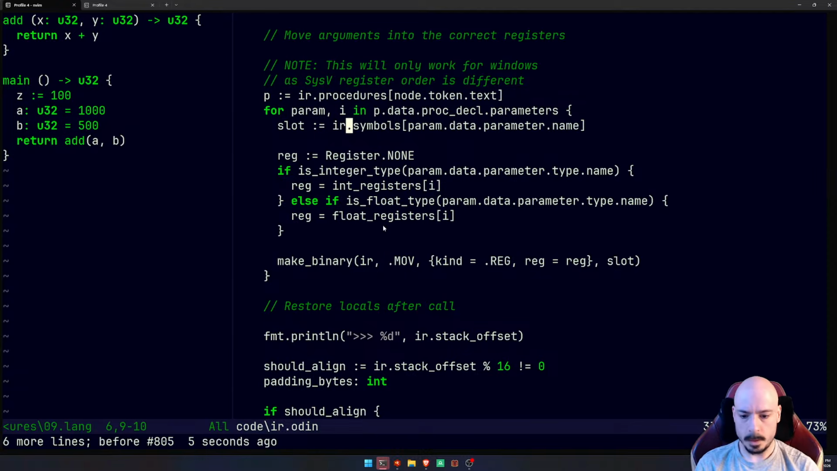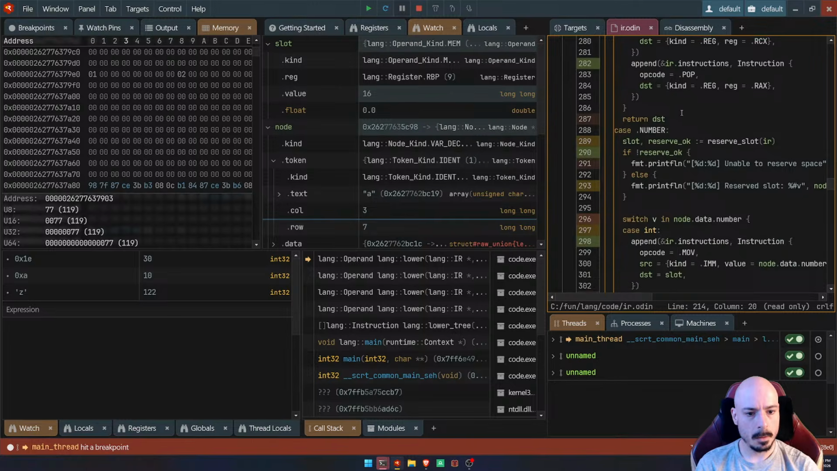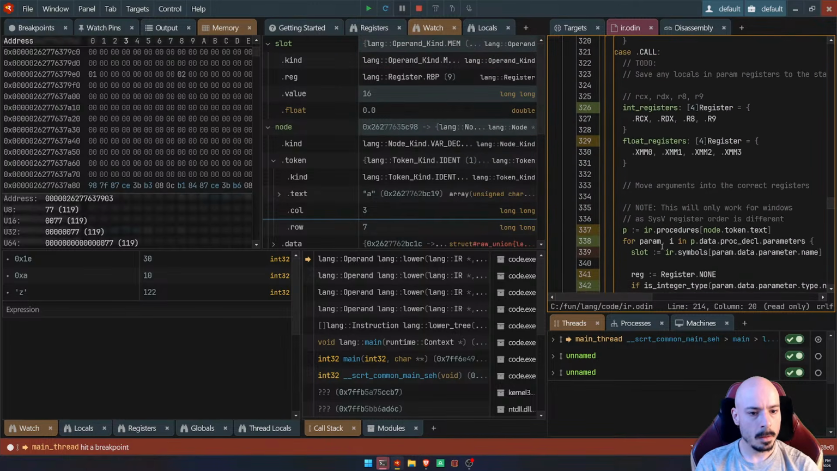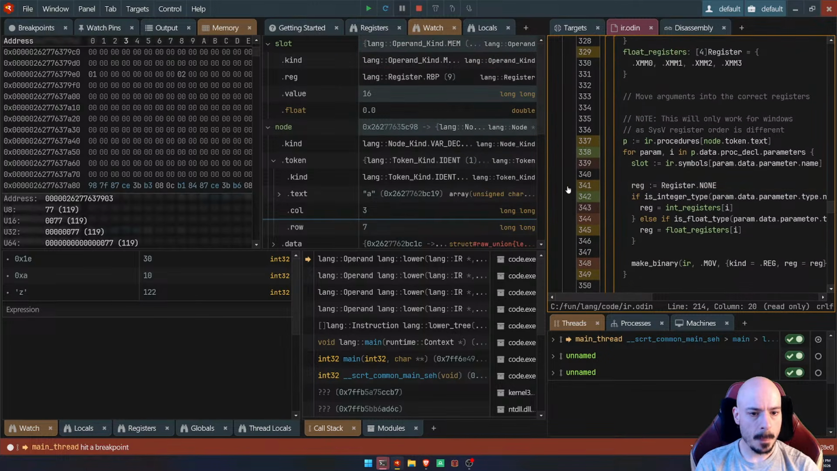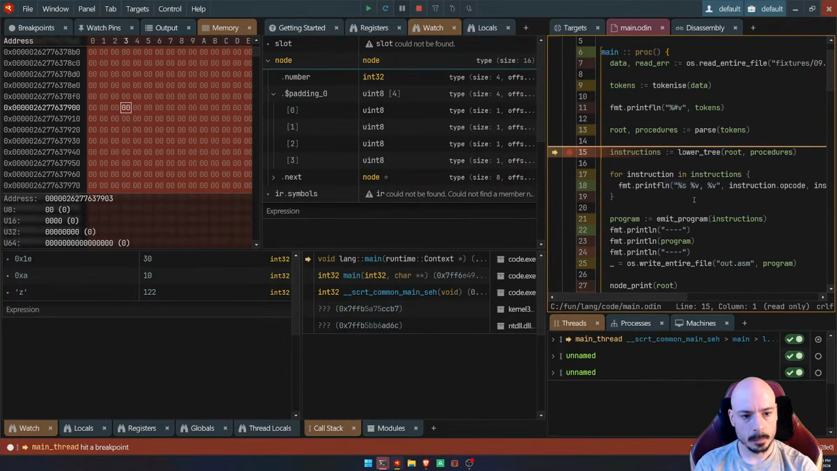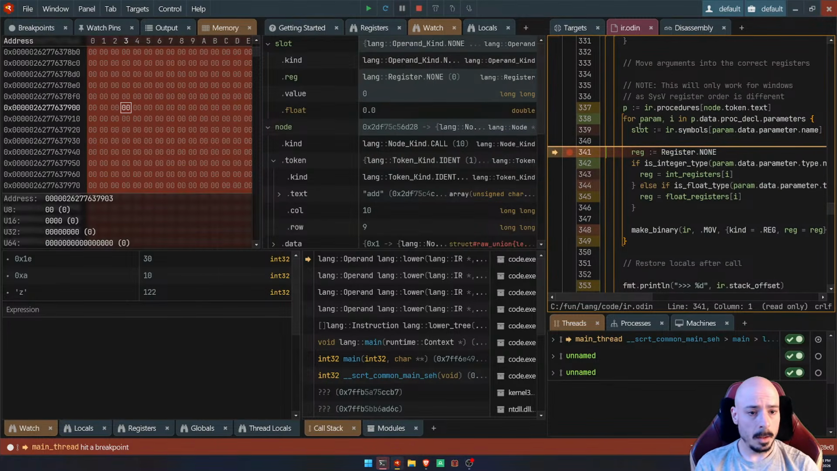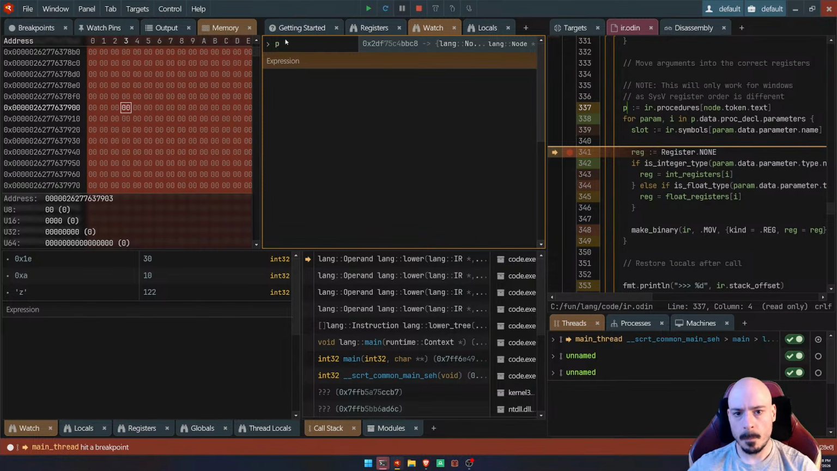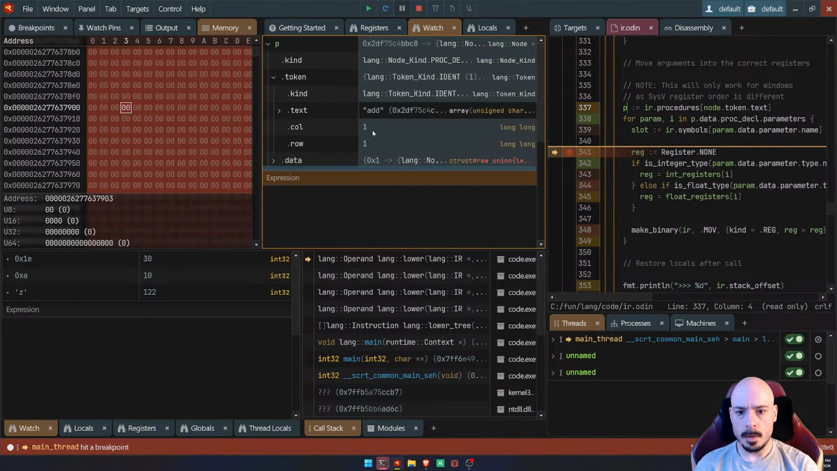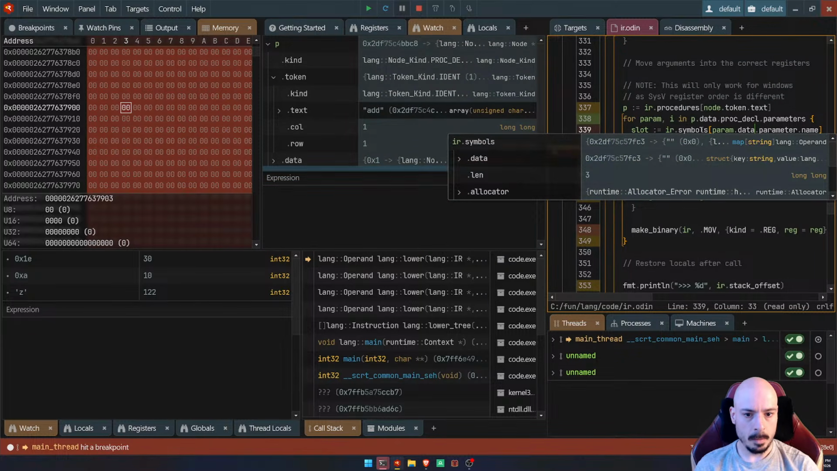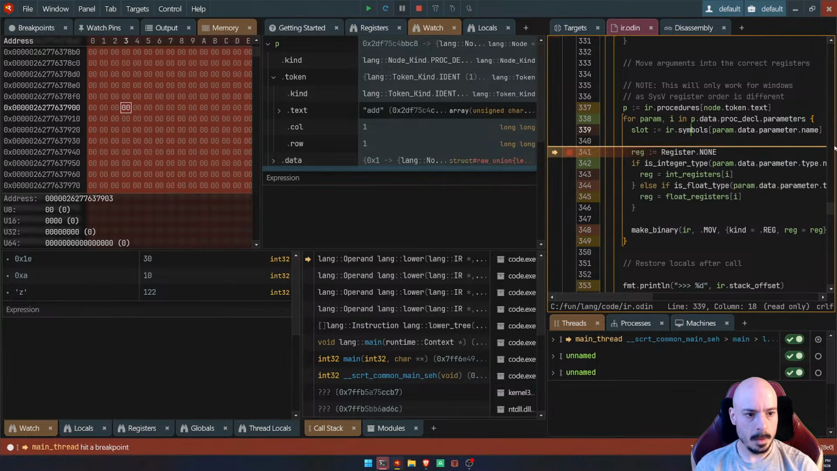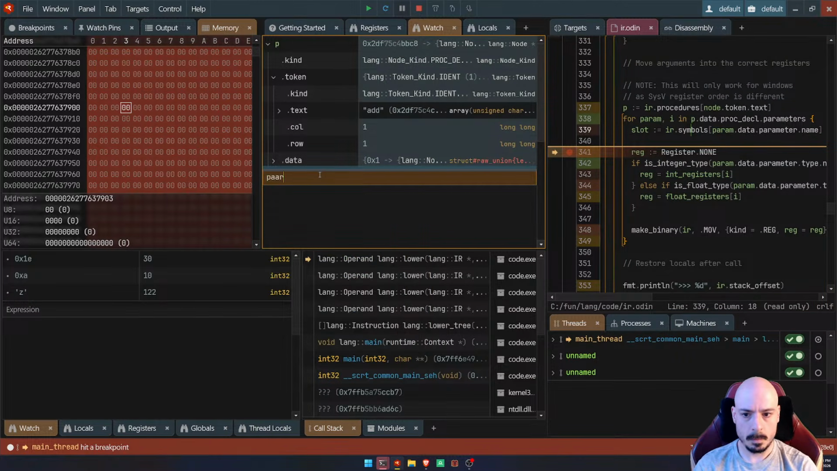Okay, so IR339. Let's have a look at that. 339. Here we go. Okay. No, thank you. Go away. All right, so we're looking at the procedure. What procedure is it? Add. Okay, that's fine. Looking at the procedure add. And we've looked up the symbol for